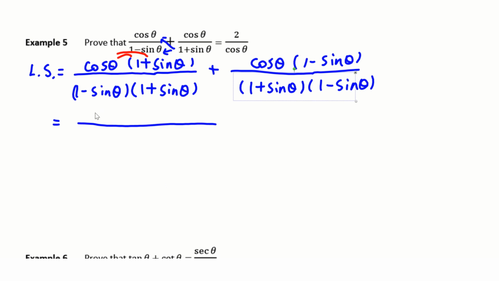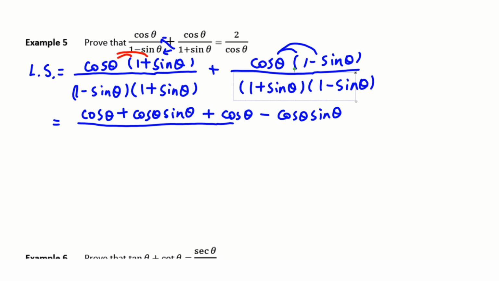So cosine theta times 1 is cosine theta, then cosine theta times sine theta is plus cosine theta sine theta. For the second rational expression, cosine theta times 1 is cosine theta, and cosine theta times negative sine theta is minus cosine theta sine theta. The denominator is a difference of squares, a squared minus b squared, so 1 minus sine squared theta is cosine